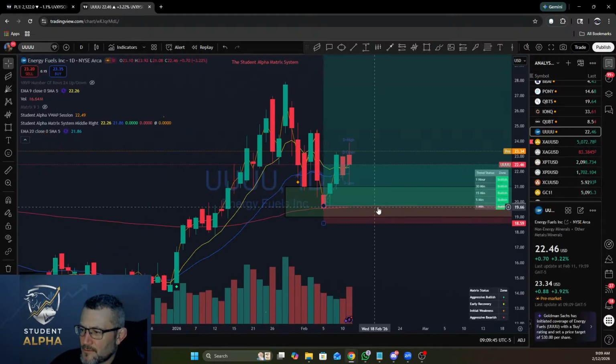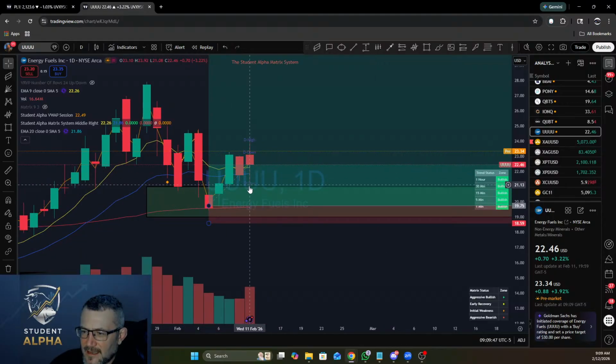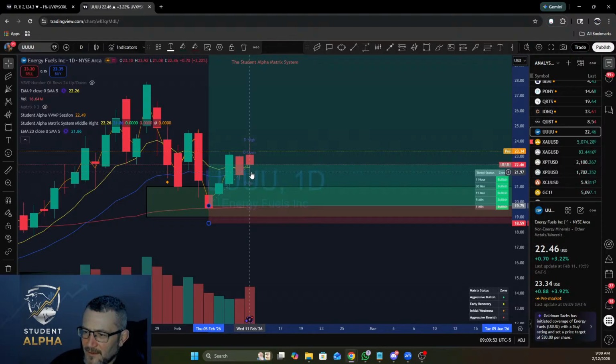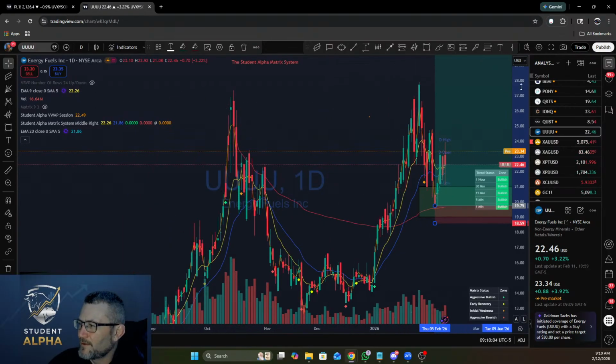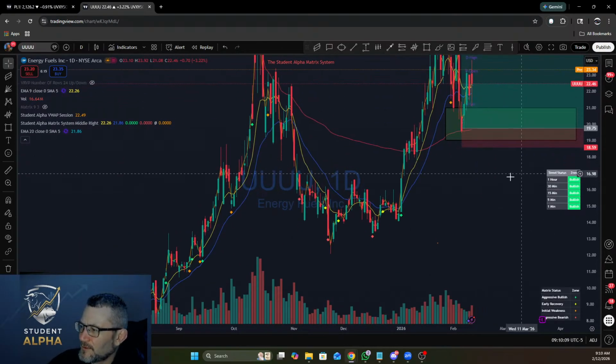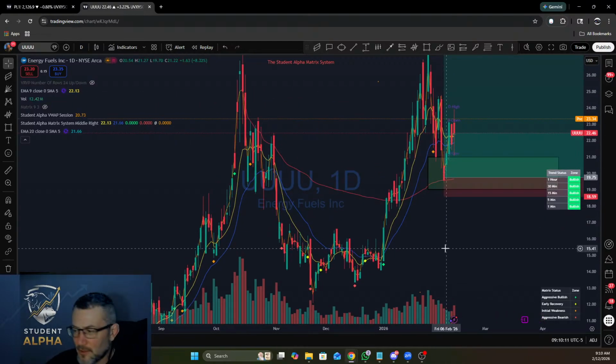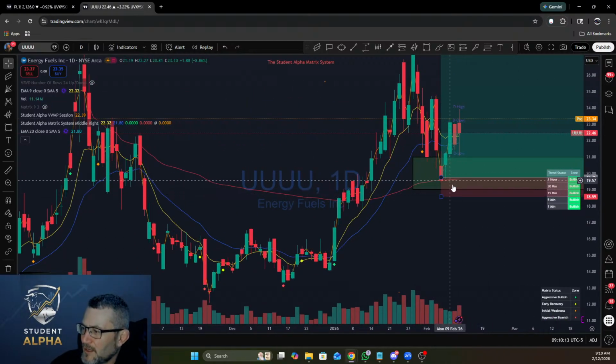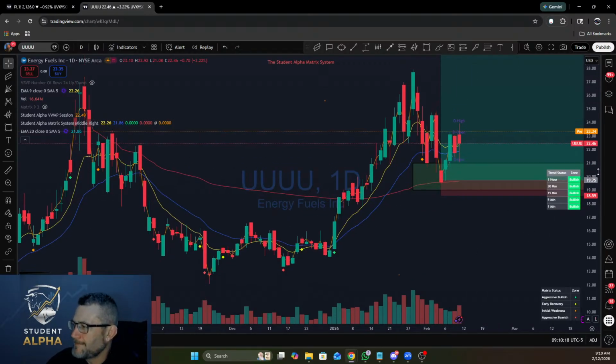And UUU, let's look at UUU. Look at that. Perfect tap of that. You got a discount in that zone. It's in that buy zone, guys, right there. I don't know if you can see that box beneath it. I like a buy anywhere off of, we'll call it 19, it's risen now, 19.65 to 22. That's forming a cup and handle. Put your stop loss, look how I put the stop loss, guys. Do your own due diligence. This is just me giving you information on a chart as a research analyst, and you got to make your own decisions. But you just have a slight buffer on that in case it goes against us. All right, and it's up pre-market $1.